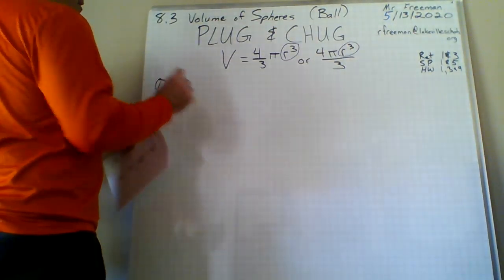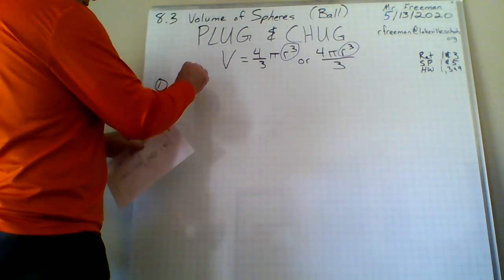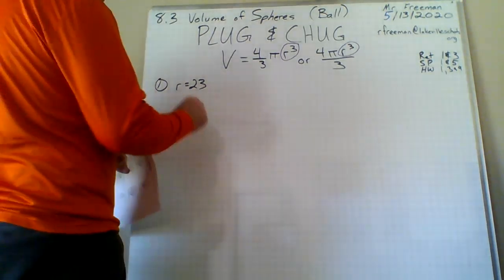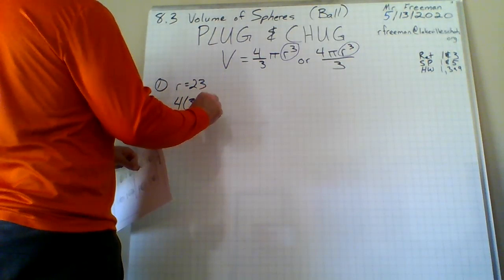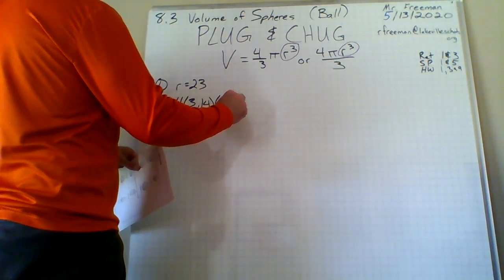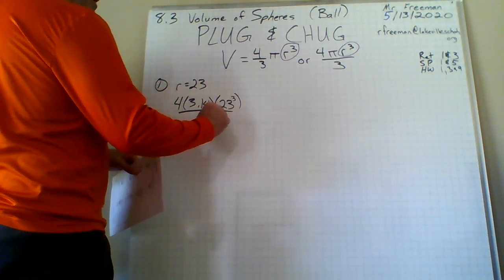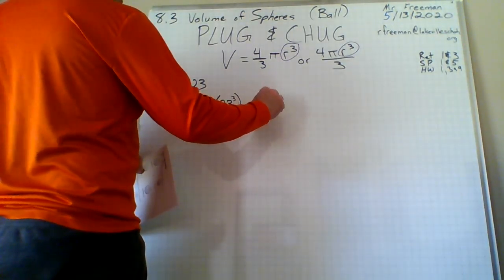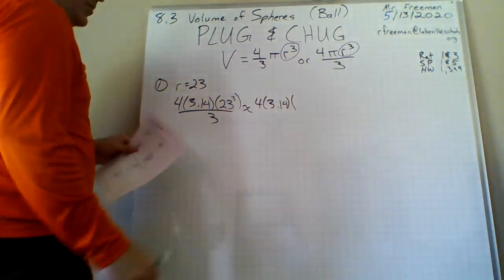Okay, number 1 gives you R equals 23. Right away you have your R, right away you can do this problem, because you'll do it like 4 times 3.14 times 23 cubed. And we're going to divide that guy by 3. So that's going to continue to be 4 times 3.14. In your calculator, when you do 23 cubed,